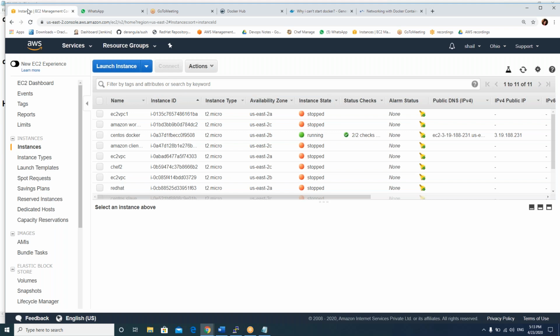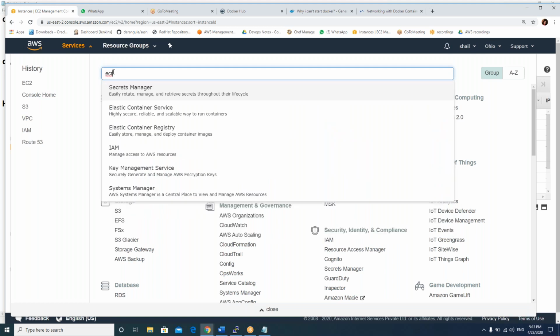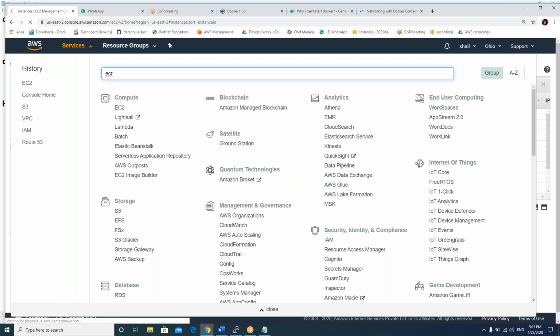Now go to services. There is a service in AWS called ECR. The second one, no, not ECS, ECR only.